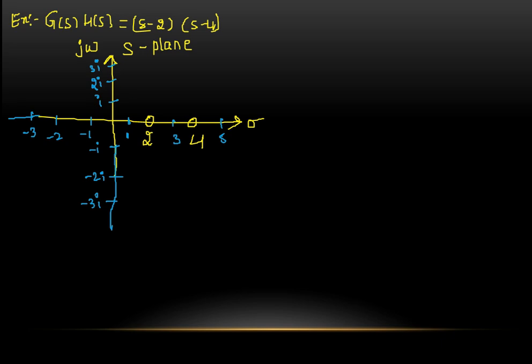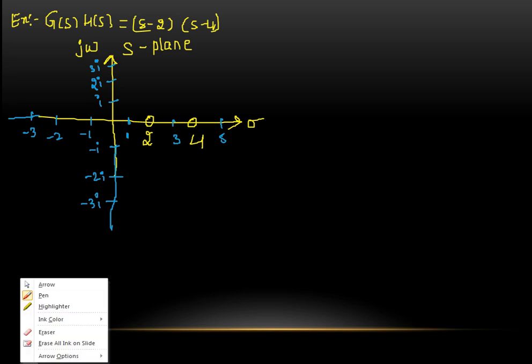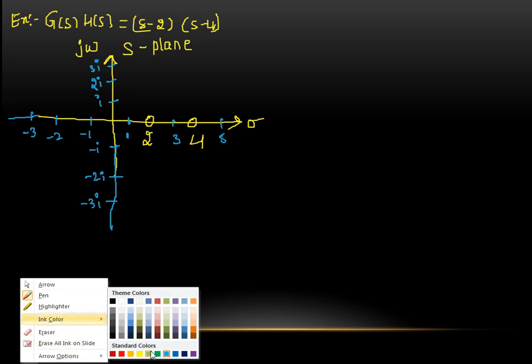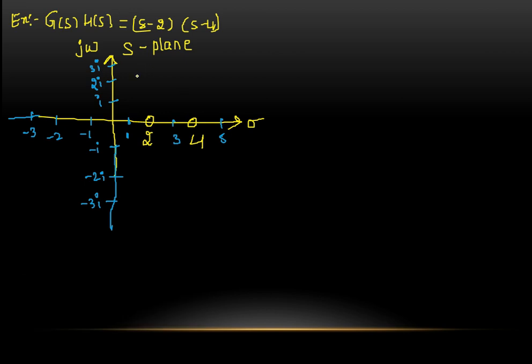So I am choosing first one point, that is 2 plus 2i. I am choosing one point, in real axis 2 and in imaginary axis 2i. And I am choosing one more point, that is 3. Let me call this one point S1. The second point S2 equal to 3.